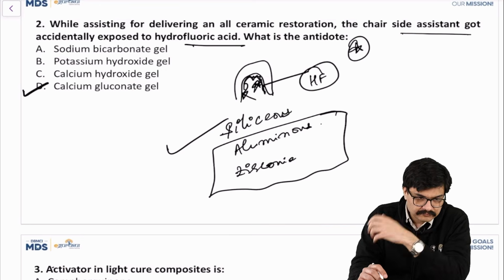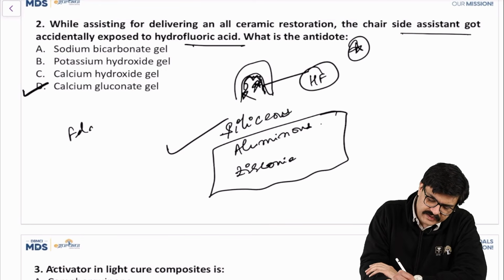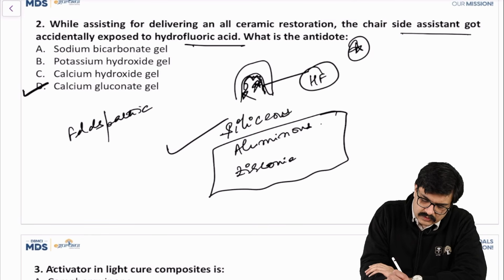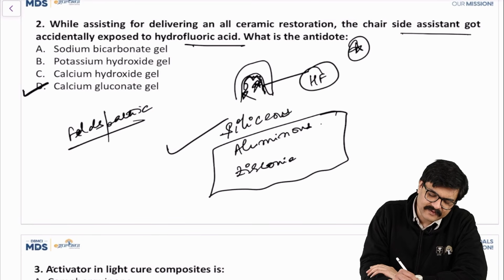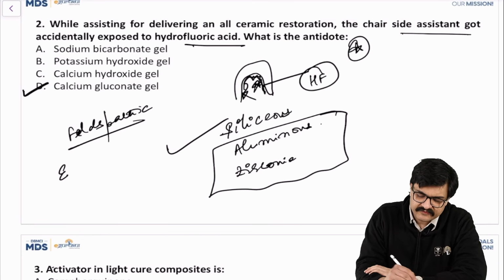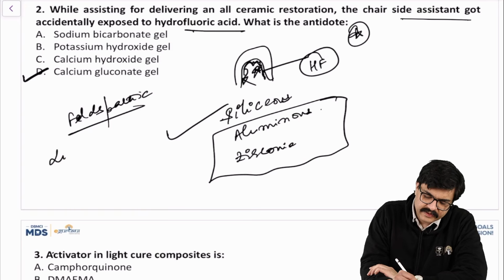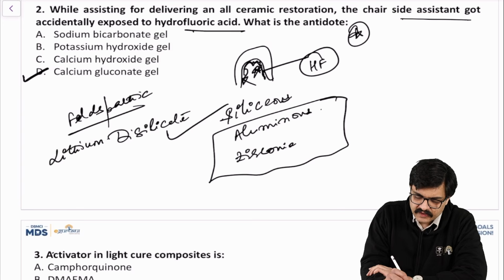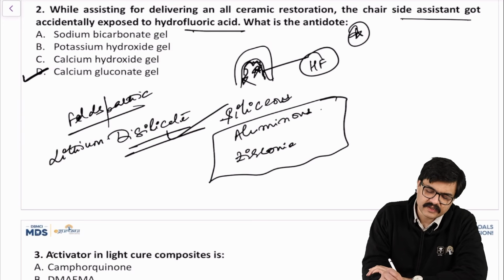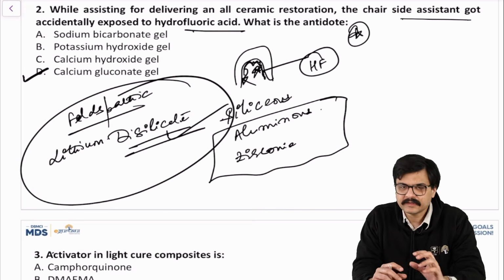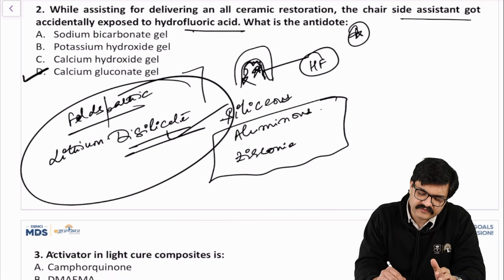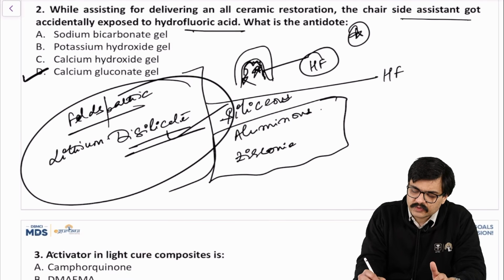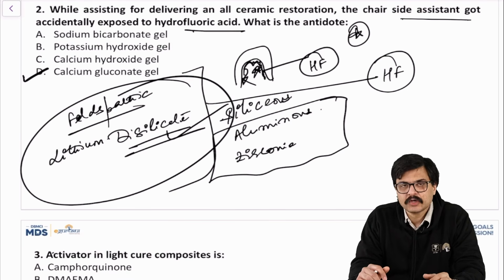So when you're talking of feldspathic porcelains, right, like IPS Empress and IPS Empress 2, right? IPS Empress 2, which would be lithium disilicate crowns and inlays and onlays. So that's also silicate based. So here HF works well. So classically in traditional feldspathic porcelains and lithium disilicate restorations, HF, hydrofluoric acid, works well to etch the inner surface of the crowns, and